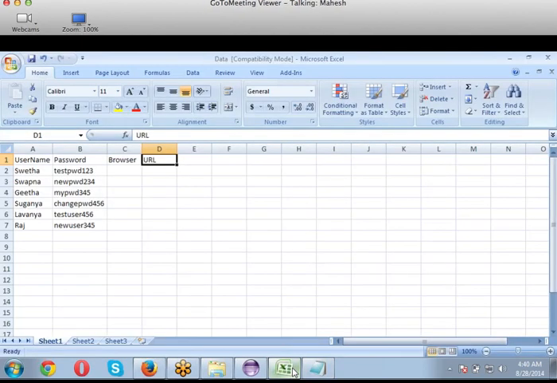Today I wanted to start with parameterization, where we'll read our test data from external resources and use it for our testing purpose. I'm starting with Excel parameterization. Here is a spreadsheet I have created with different users and passwords. We're going to add some more columns to that.